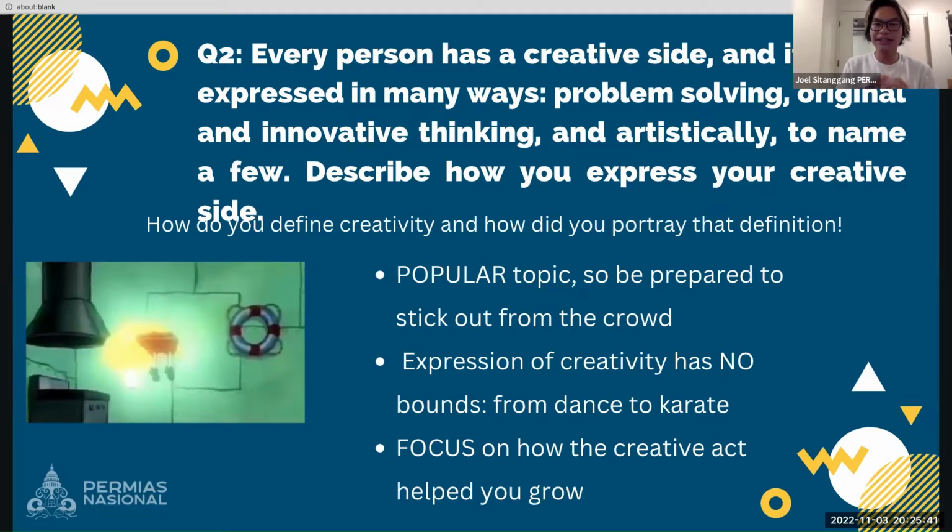Similarly to question 1, instead of leadership, we moved on to creativity, or the actions of your creative side. So once again, popular topic, so be prepared to stick out from the crowd. A lot of the reason why UCs allow you to choose out of the 7 is they also want to test your ability to plan ahead, your ability to see which out of the 7 you would